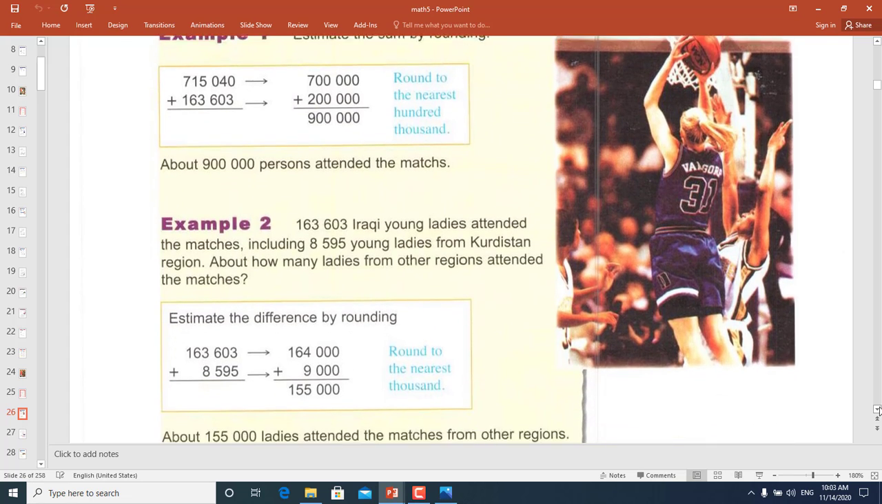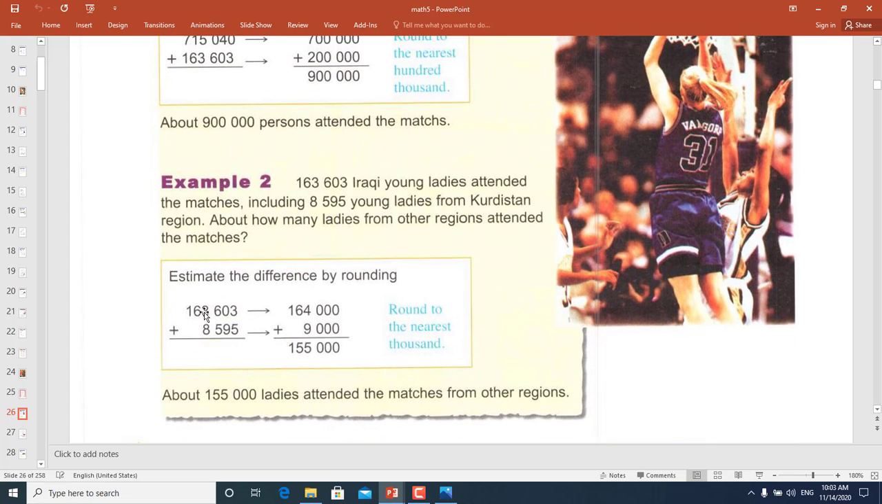And example 2 is about subtraction. Please, students, before we start, it is minus. Typo mistake, remove this, make it minus. So from example 2, we have 163,603 minus 8,595. So from subtraction, if the number under has 4 digits or 5 digits, also from up we round for the